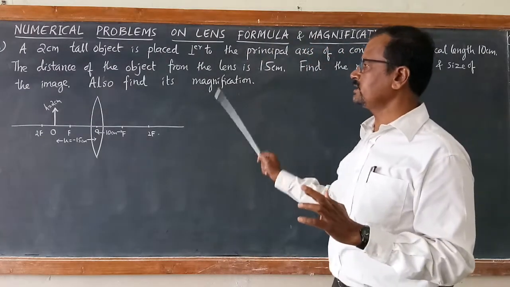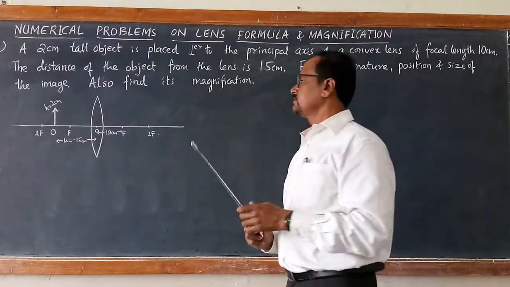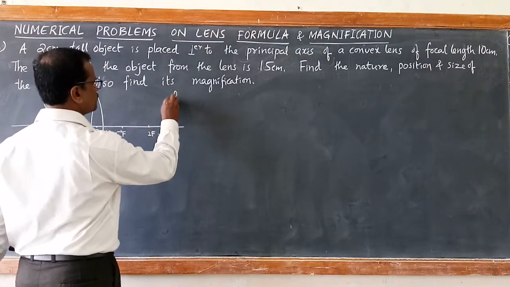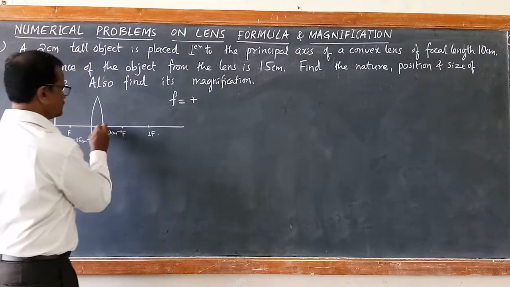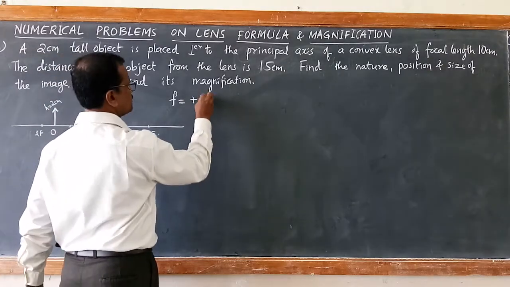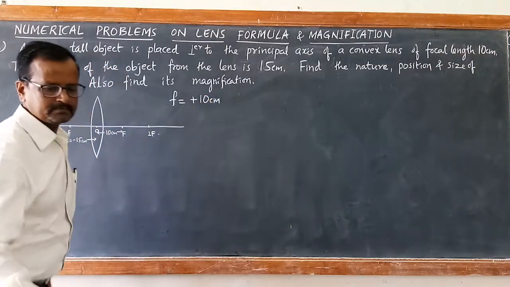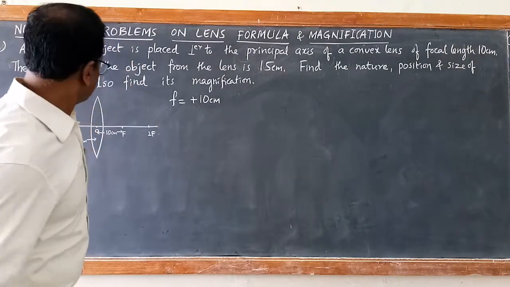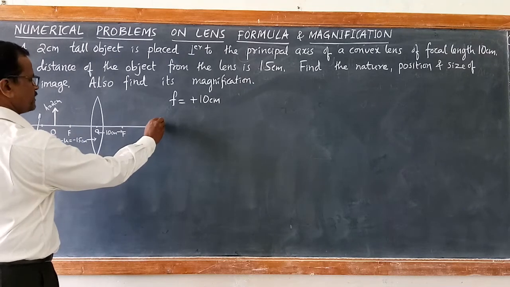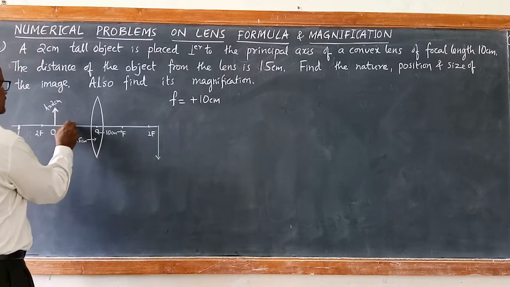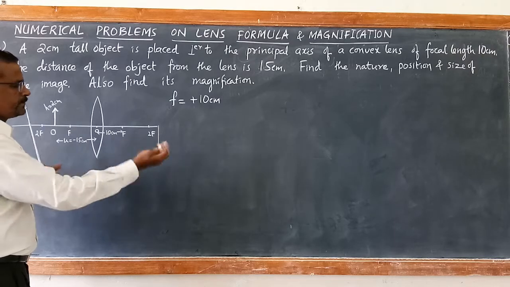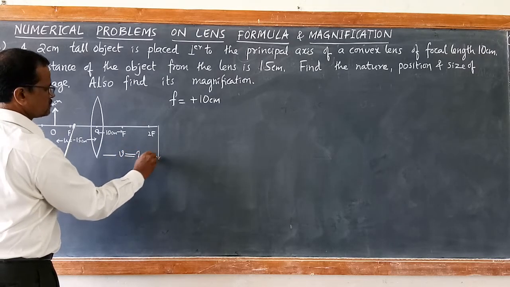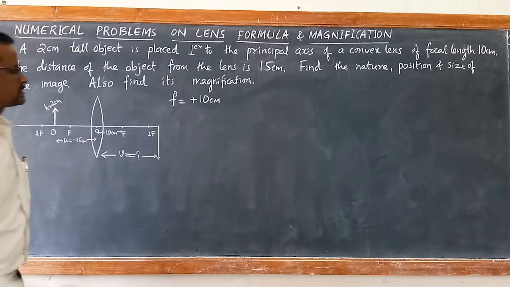So first we have to calculate the image distance. So write the given things. This is a schematic diagram. Focal length of a convex lens is always positive. It is towards the right side, so plus 10 cm. Roughly the image is going to be formed somewhere here, beyond 2f. If the object is between f and 2f, the image is going to be beyond 2f. I have just drawn this as the image distance, roughly. So what is the image distance?